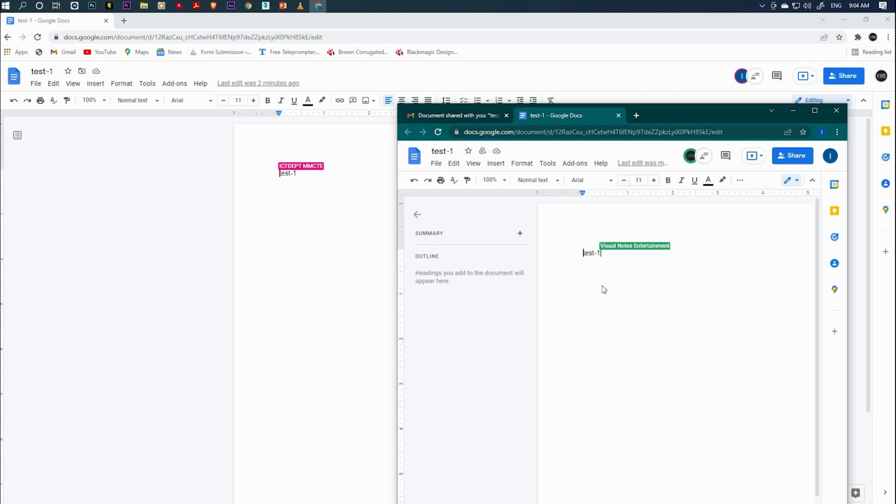Okay, so since it's online, when I hover this mouse, it changes. It's saying that Visual Notes is currently trying to edit this one. That's why this green mark is here. So let me go ahead and do some editing here. Add some words like this too. So you see it's already updated here in the other